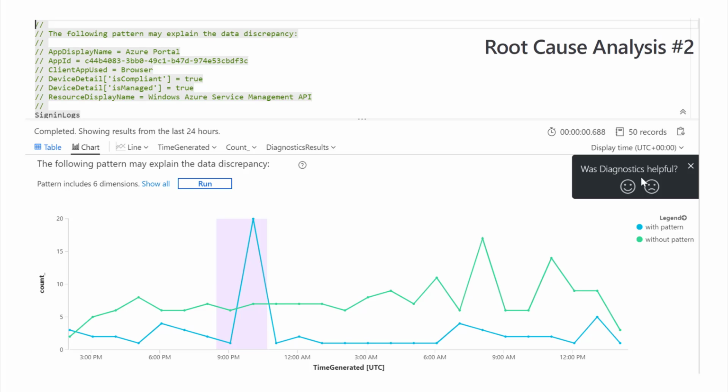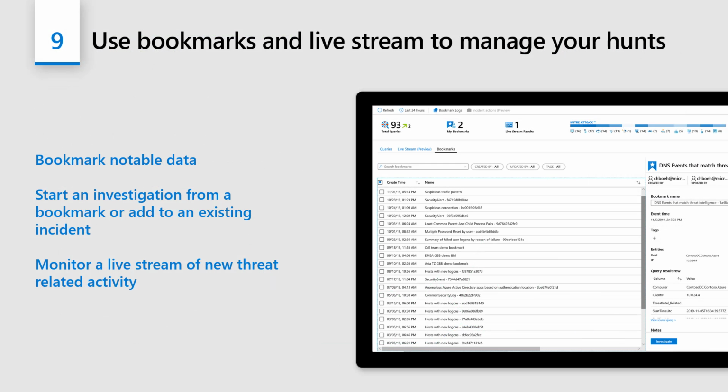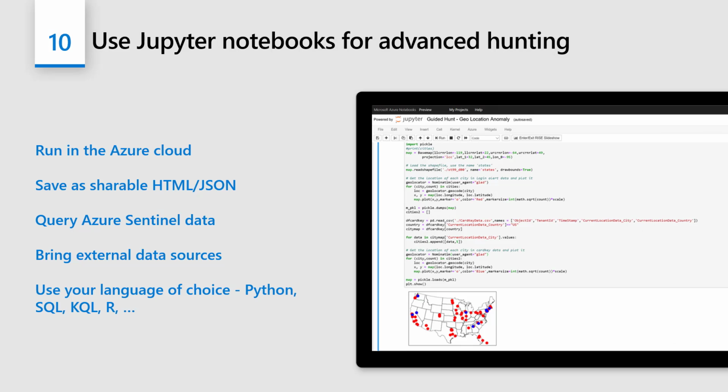What caused this? Where did it happen? When did it happen? Who did it? And having found these queries and generated this data, you can then bookmark and you can even live stream your queries to manage this hunt for what's going on in your environment. And if you want to delve even deeper, you can use Jupyter notebooks for advanced hunting, which means you can